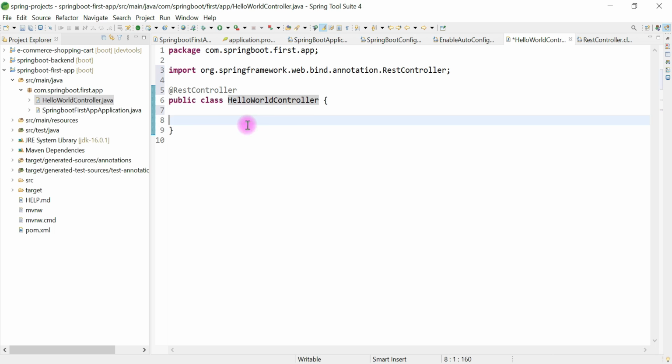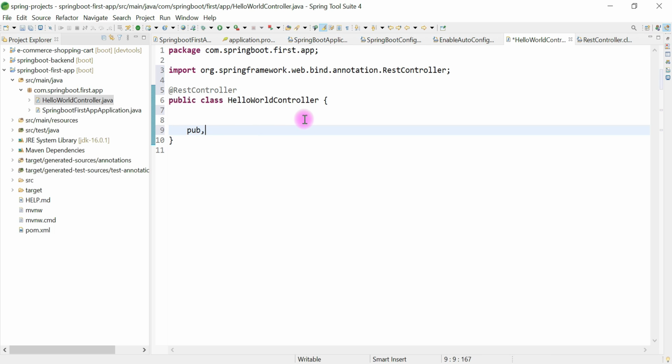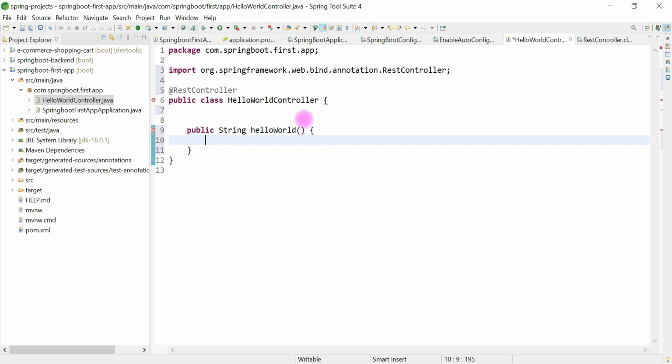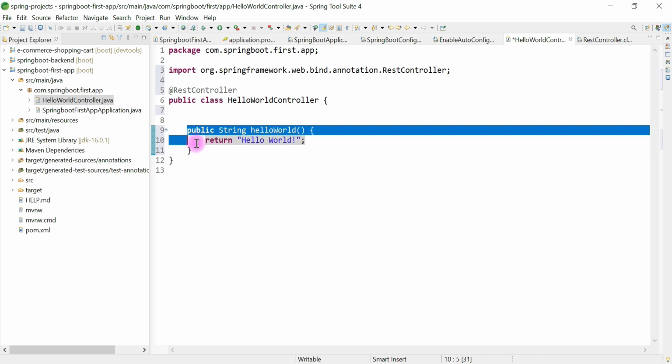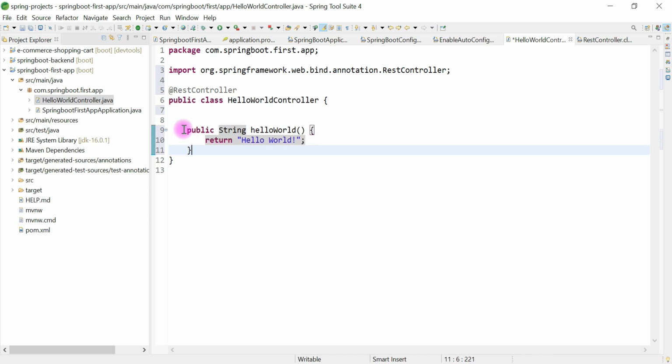Let me remove these comments here. Now what we'll do is create a method here. Let's say public, and this method returns a type String, and let's call the method name helloWorld, and this method returns a string called Hello World. Okay, so this is a simple method. This is how we define a method in Java, right? Now we have created a simple method,